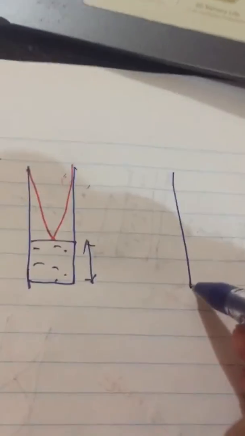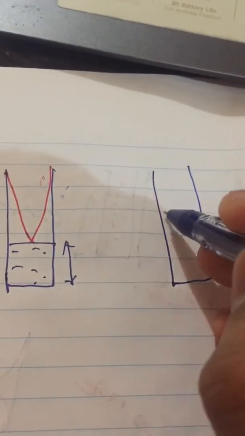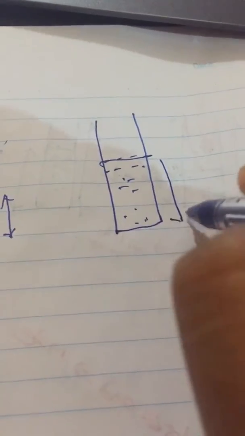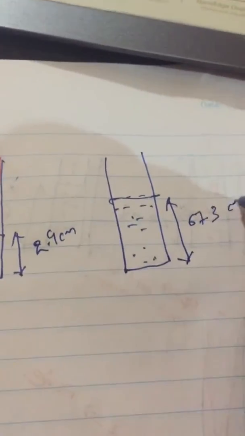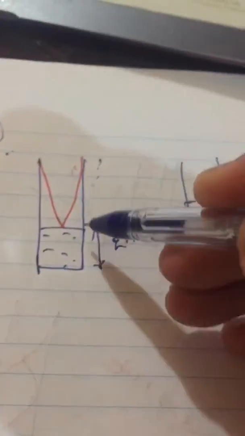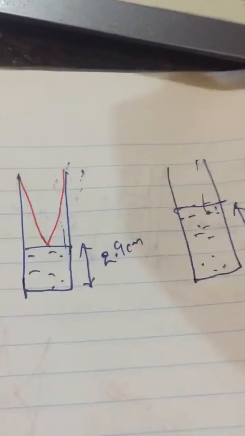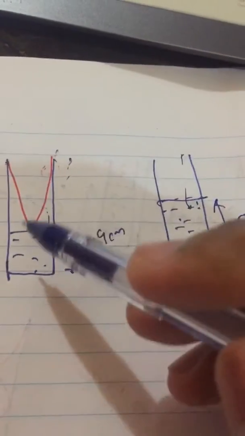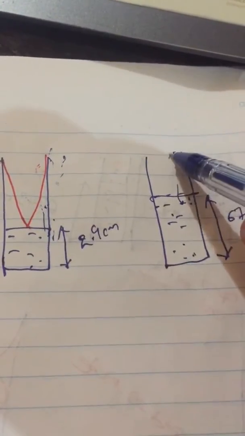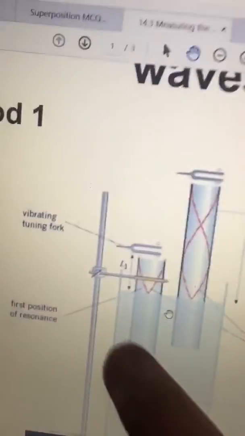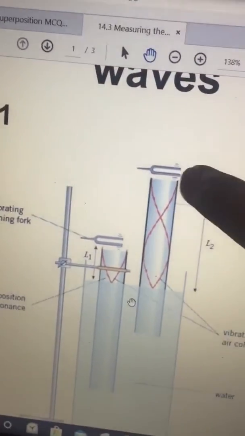The length is not gradually increased. So this is 2.9 centimeters. This is 67.3 centimeters. The length is not gradually increased compared to this length, the length of the air column. The length of the air column is being decreased. It is not being gradually increased from 0 like here,